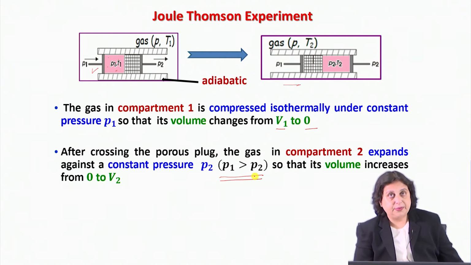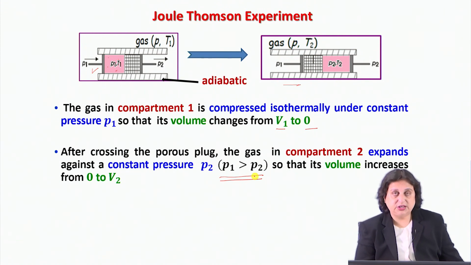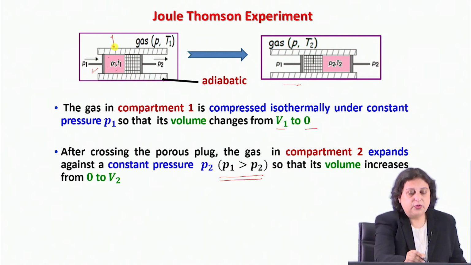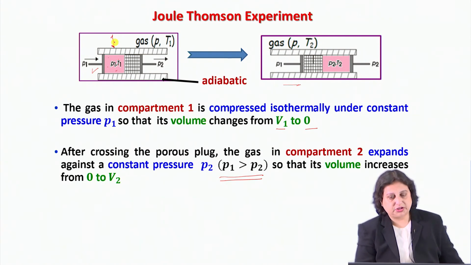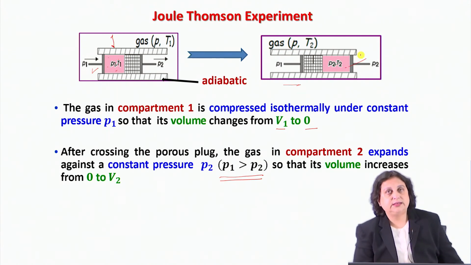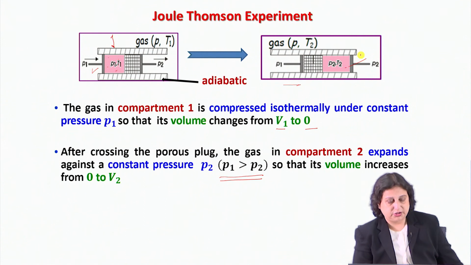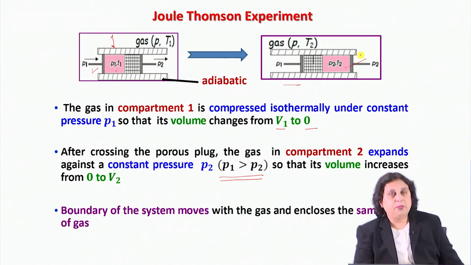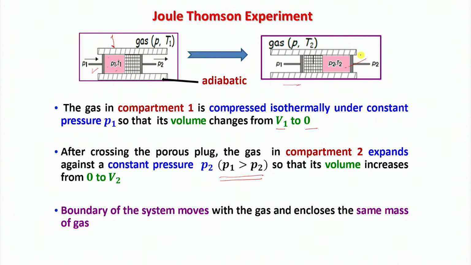And therefore, what will happen? The gas will flow from the region on the left-hand side of the porous plug, which is my compartment 1. It will flow from here, a region of high pressure, to the right-hand side of the porous plug, which is this, and this is the pressure. It is going to the region of low pressure. And also, the boundary of the system moves with the gas and it would enclose the same mass of the